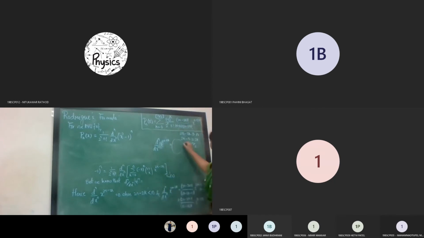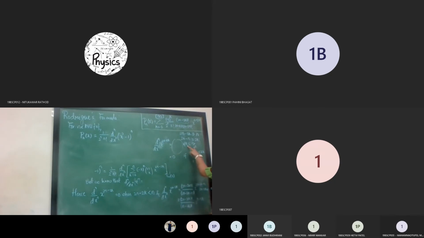I have already written over here. If k is less than or equal to n by 2 and is equal to 0, if ये already 0 है, तो यहाँ पे 2n minus n is equal to 2k. So it is, let me write, 2n minus n is less than 2k, that means n is less than 2k, that means k is greater than n by 2. So आप देख सकते हो k की सारी वैल्यूज जो है k is greater than n by 2, so it will be 0.